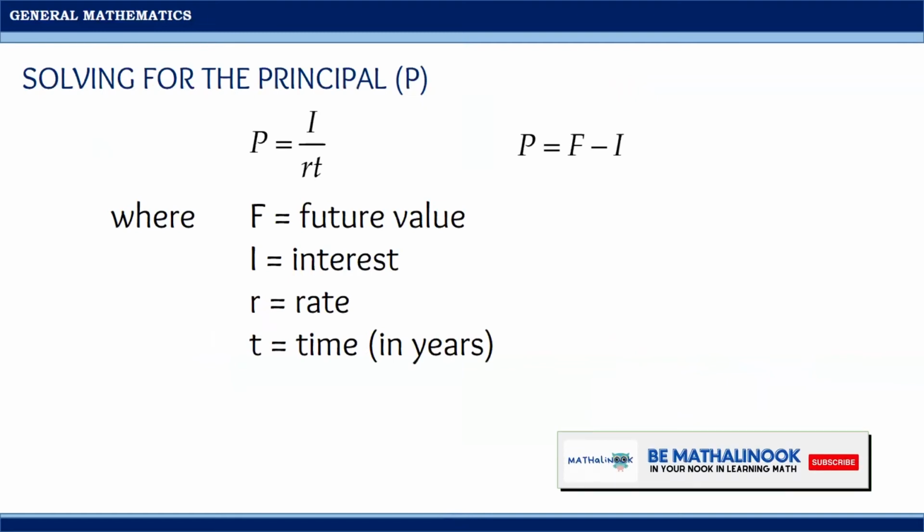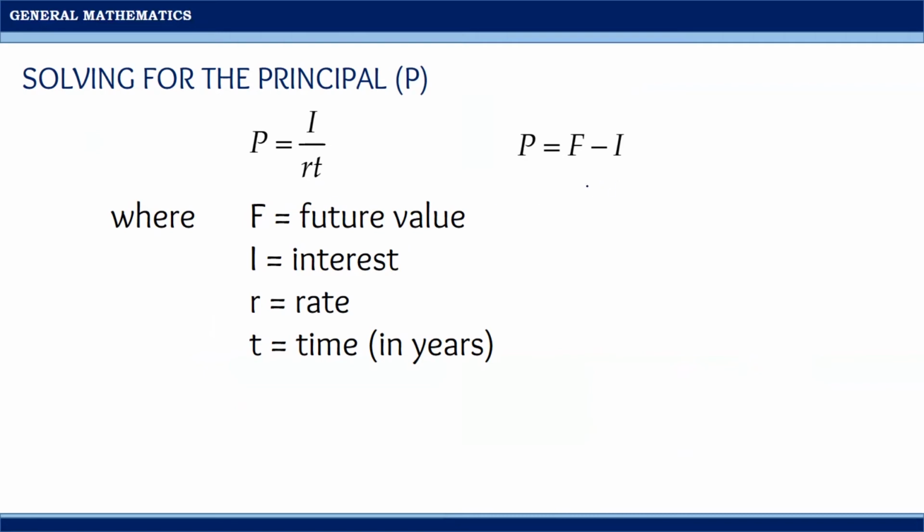For the next one, solving for the principal, or the P, we also have two formulas. P is equal to I divided by RT. And the other one is P equals F minus I, wherein F is the future value, I is the interest, R is the rate, and T is the time. Therefore, if you were given the interest, the rate, and the time, and you will be solving for the principal, then use the first formula. But if you were given the future value and the interest, and you want to solve for the principal, then